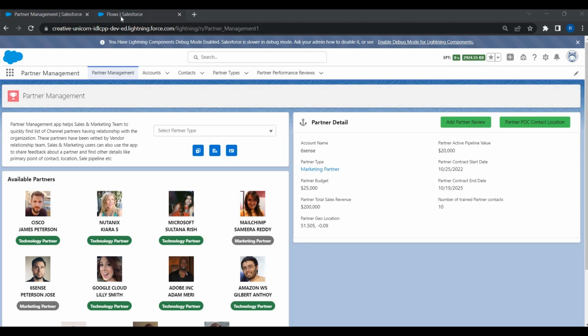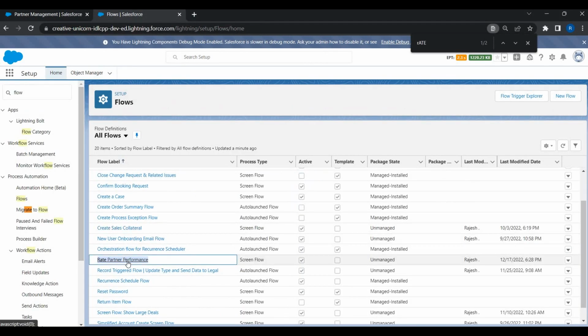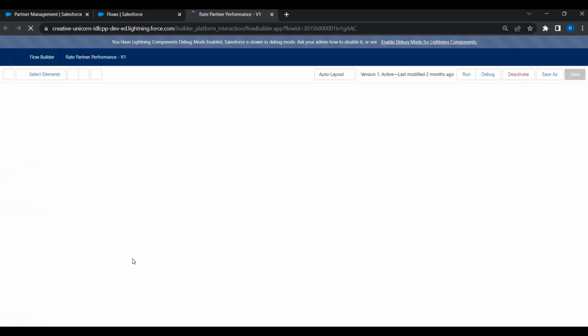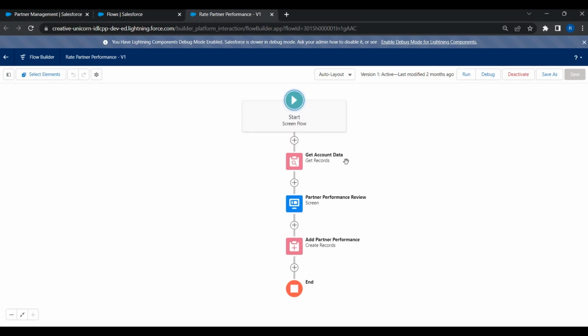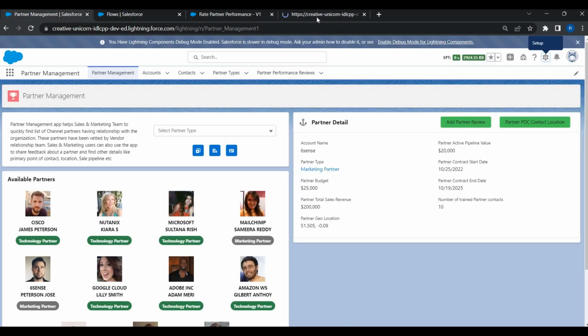So we do have a flow in our org. The name of the flow is rate partner performance. So this is a screen flow, as you can just see. Let me first launch the flow to see how it works first. Then we can find a way how we can call this flow back in the Lightning Web Component. So this is a very simple flow. It takes an account ID as input parameter, basically the partner account ID. If I just put this in a debug mode and let it run,